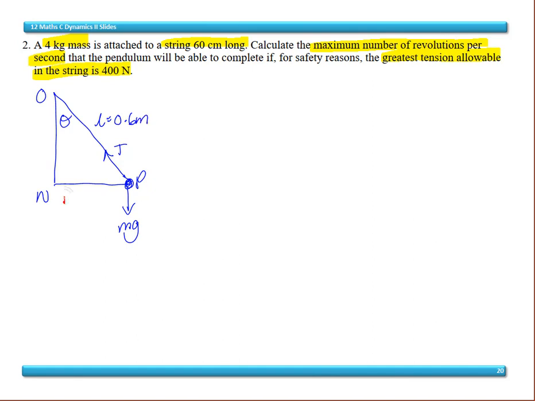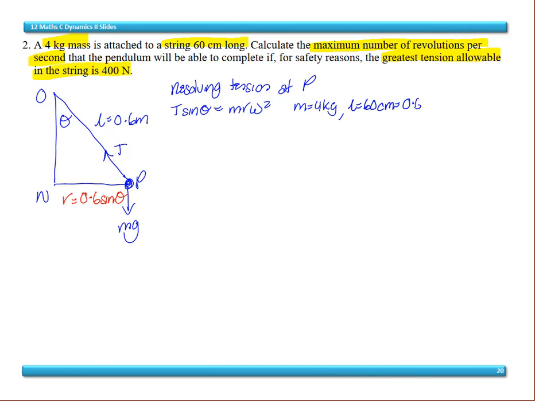Our horizontal component will always be our radius, so r is going to be equal to 0.6 sine theta. Okay, so that's that. So, resolving tension at P, T sine theta is going to equal m r omega squared. M is equal to 4 kilograms. My L is 60 centimeters, which is 0.6 meters, which means my radius is 0.6 sine theta, which I already